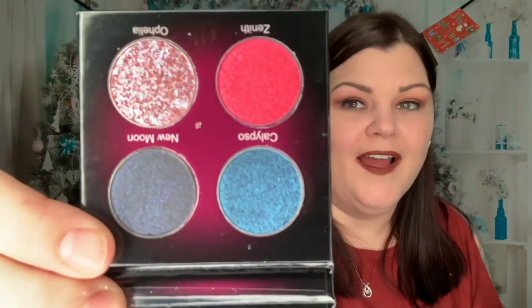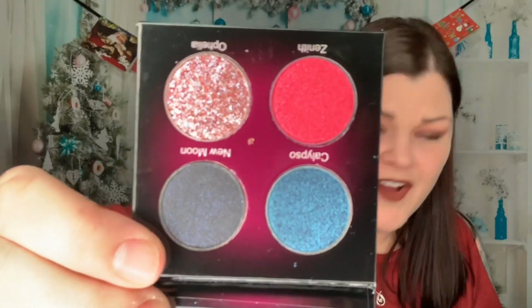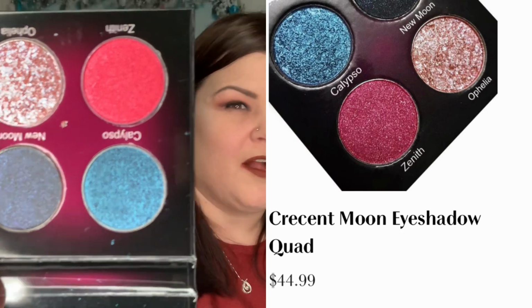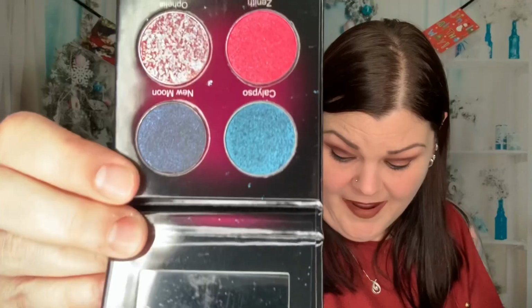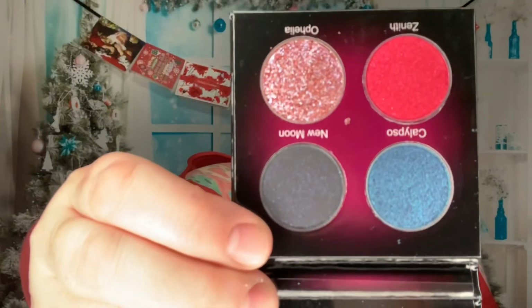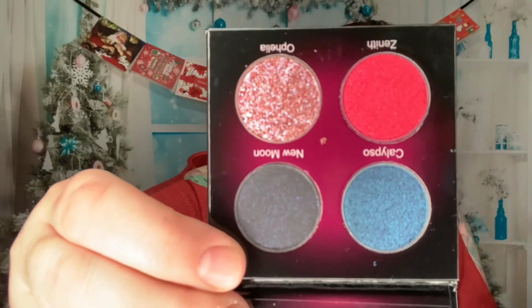Okay, so there's a little mirror, and here is the 4-quad. I personally would not value this at $45, especially a palette that I've never heard of or a company I've never heard of. I don't know how they're getting $45 for this, but it says Crescent Moon Palette Rich Duochrome